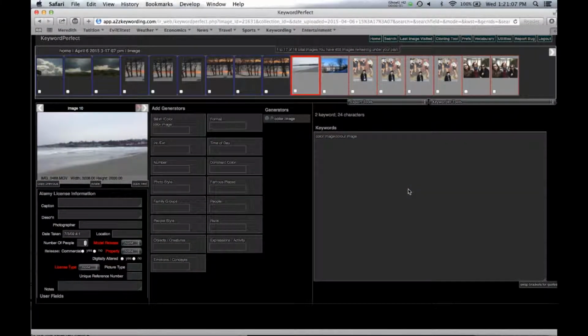Hi, and welcome to the tutorial Advanced Keywording, Customizing Your Keyword Output. Last time we dealt with customizing the way in which you can enter your generators. This time we're going to talk about how you can customize how your keywords are created and how you can